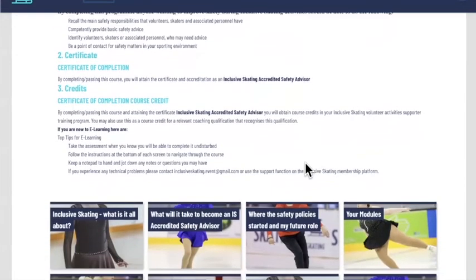Okay, by completing and passing this course and obtaining the certificate, you will obtain course credits in your Inclusive Skating Volunteer Activities Supporter Training Programme. And this is going to be building up to a full-blown relevant coaching qualification. And we are obtaining recognition for this through CIMSPA and also through the SQA so that it becomes a validated